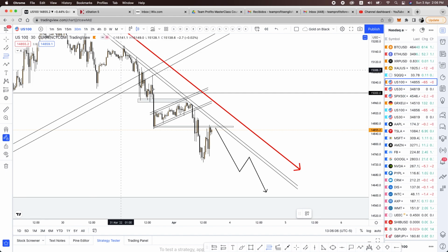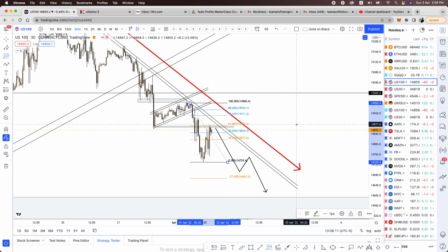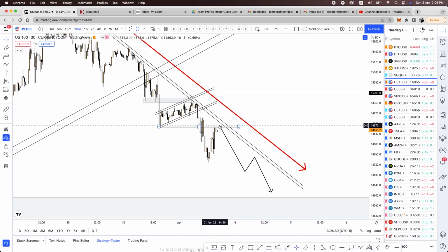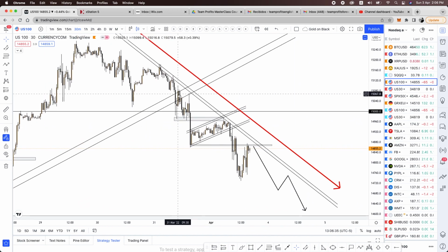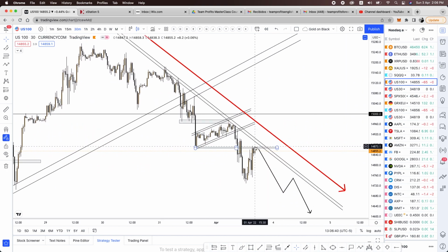If you open your Fibonacci from, let's say, the high to the low right here, we are in the golden zone, okay? So our job is to find a sale around this area, and we can aim maybe for the 27 in the golden zone, or even right here to this previous low. All right, aiming targets right there. So waiting for some signs once the market opens to see if we can actually go on a sale, or just wait for London session and New York session to open tomorrow,